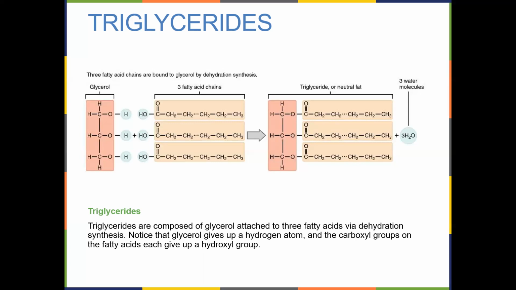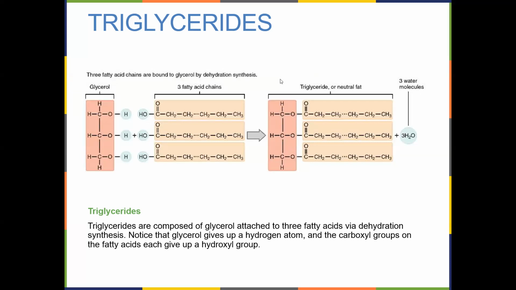So anyway, the triglycerides: 3 fatty acid chains attached to a 3-carbon glycerol. This is the glycerol here, 3 carbons, it's an alcohol. It has 3 hydroxyl groups attached at the end here. That's the OH groups. And here is the fatty acid chain. This group out here, this little area here, that's the acid group.